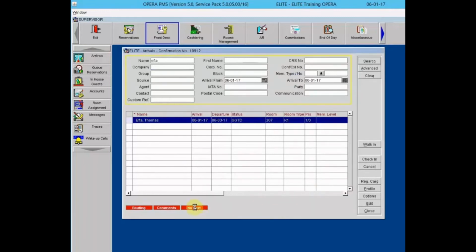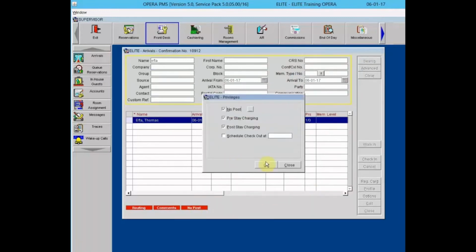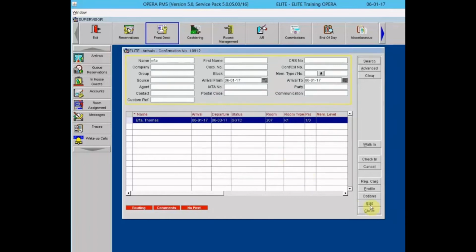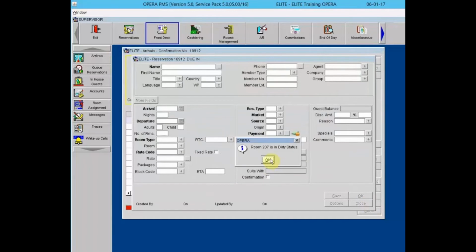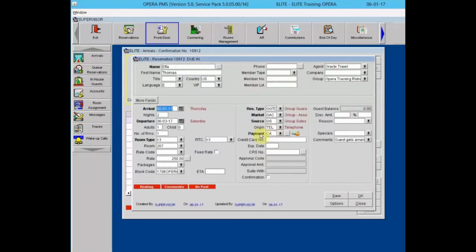What no post stands for is that person's payment. If I click on edit and open the reservation, you'll notice their payment code is cash. Whenever you have cash or check, that puts a no post flag on the reservation. So once we've checked this guest in, if they tried to maybe make a phone call from the room, or maybe you have movies that you can buy when you get in the room,